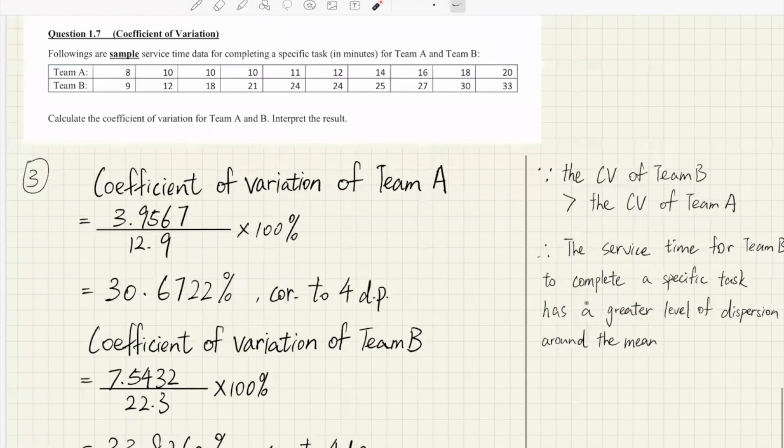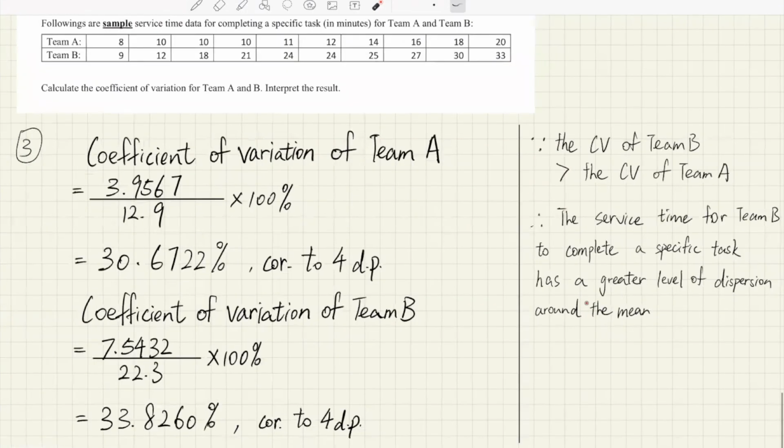In the third part, since we have found the sample mean and sample standard deviation, we can finally calculate the coefficient of variation. For Team A, it equals 3.9567 divided by 12.9 times 100%. So it equals 30.6722%. For Team B, it is 7.5432 divided by 22.3 times 100%. So the answer is